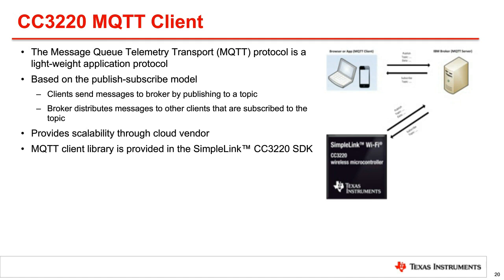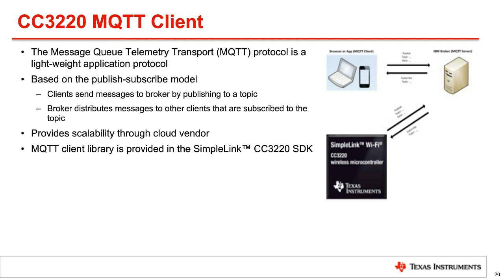An ideal protocol for updating the cloud with the peripheral state and receiving messages to control the peripheral is the Message Queue Telemetry Transport Protocol, or MQTT. It's ideal for an embedded system like this gateway because it's a lightweight protocol and it's based on the publish-subscribe model. Being based on the publish-subscribe model means that client devices using the protocol send messages to each other by publishing them to a central broker first. The broker then distributes the messages to all other clients subscribed on the topic the message was published on. This provides the benefit of allowing the network of connected clients to scale through the cloud vendor.